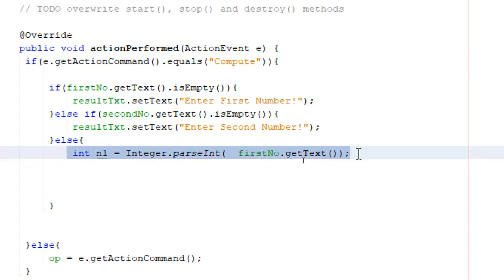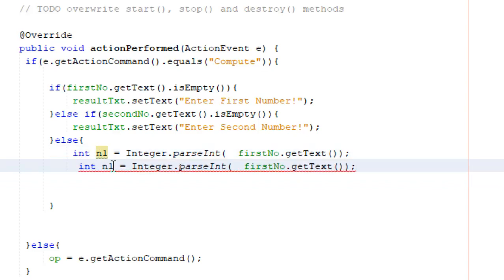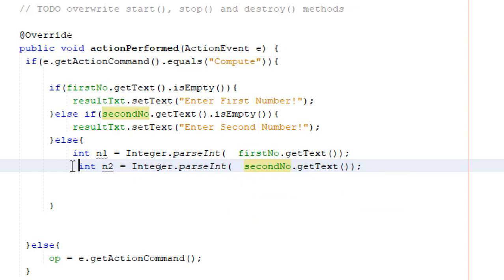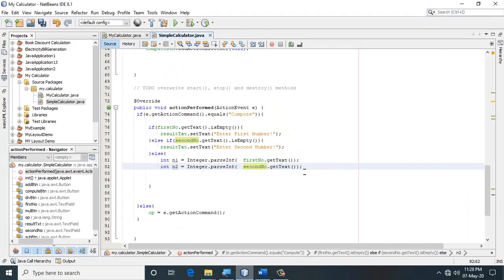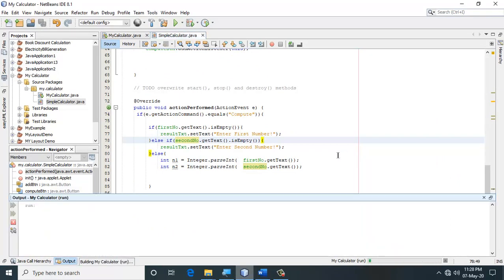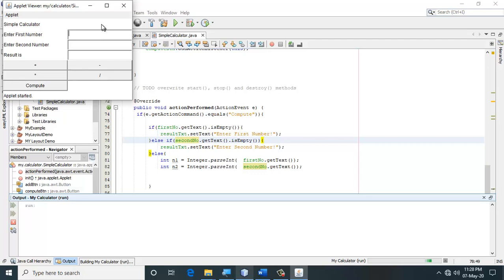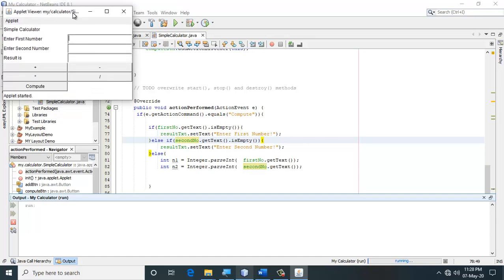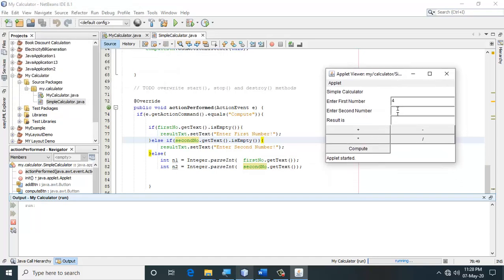In the same way, I'm going to take the second number and I'm going to store it as n2. I will not retype the whole thing because it's going to take too much time and it makes the video lengthier. So I have two numbers, n1 and n2. Again, if you didn't really get it, suppose I type two numbers here, these numbers are text.